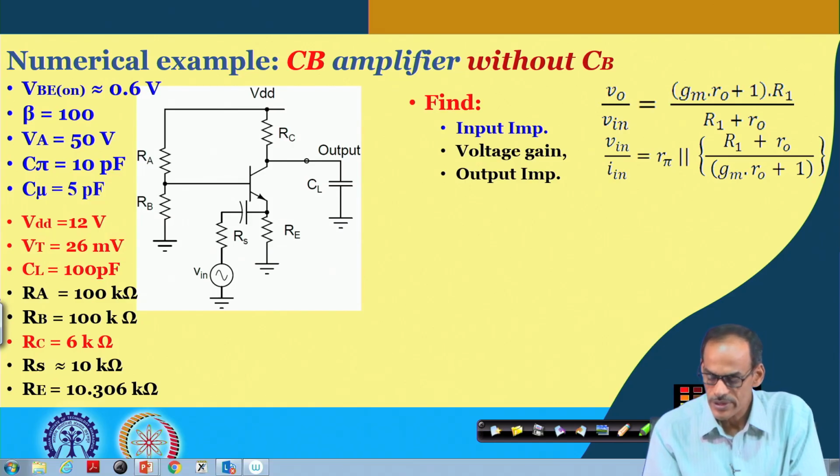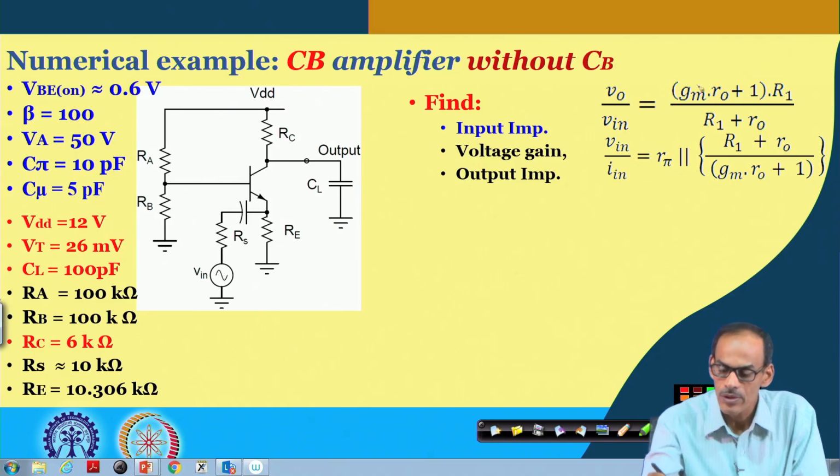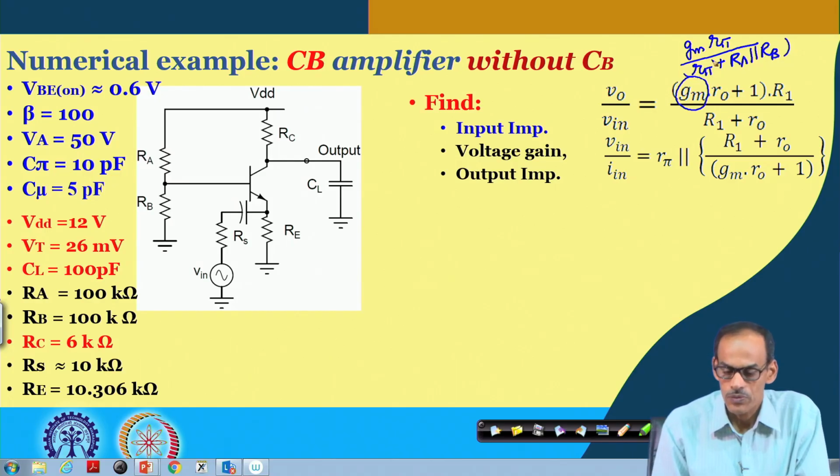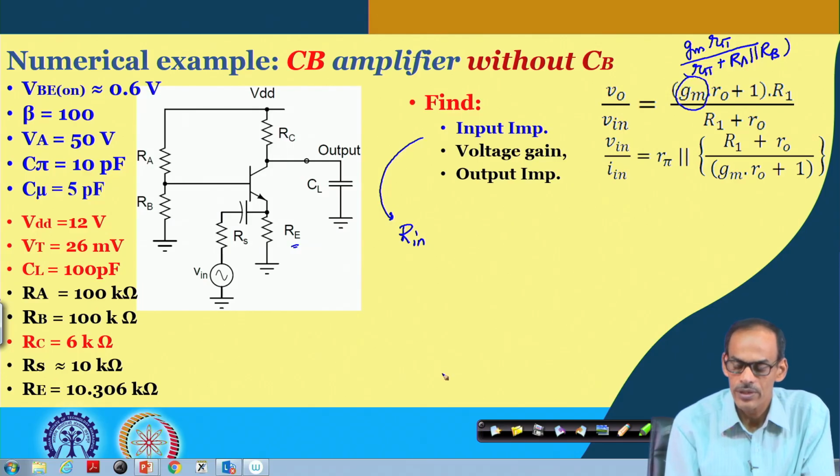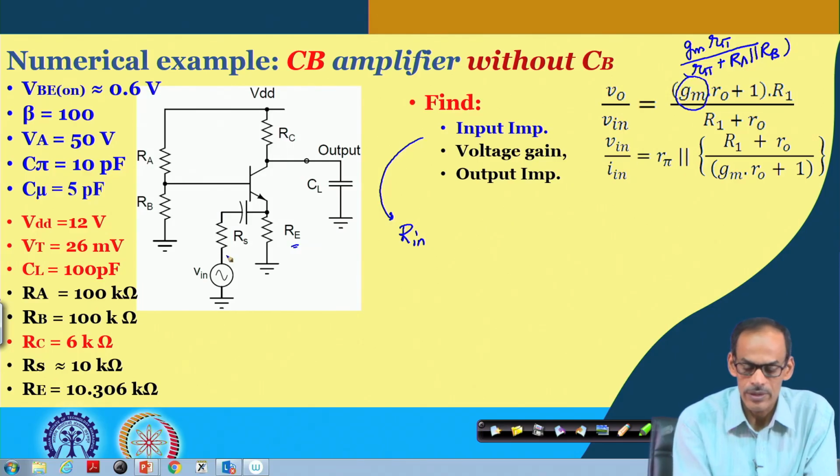What we said is that this GM will be replaced by GM R pi divided by R pi plus R A in parallel with R B. So, from that we can say the input resistance R in, if I ignore R e and consider V in by I in,